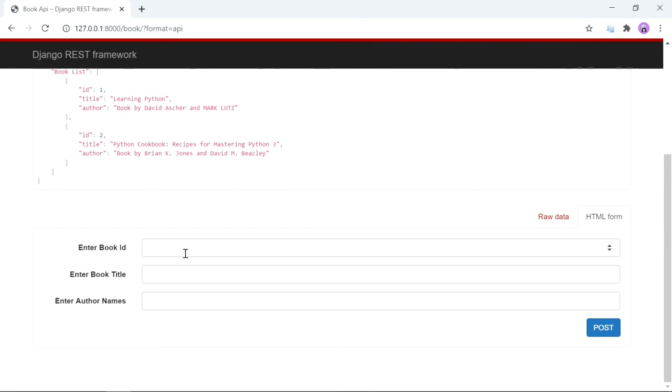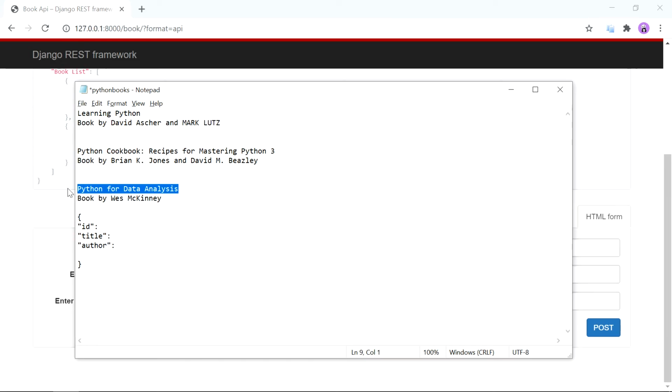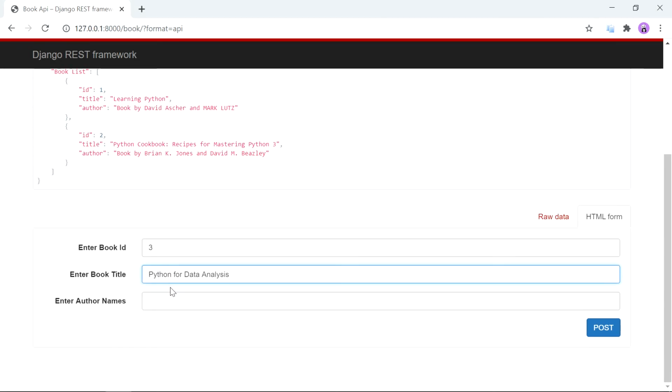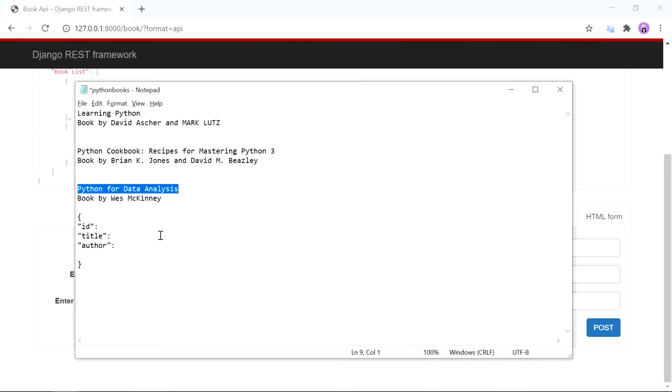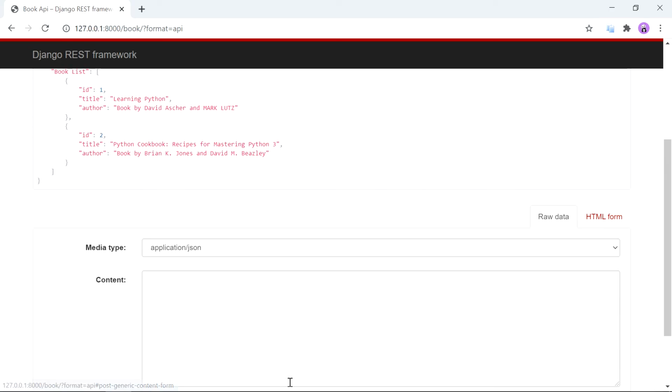So you can see we got input fields in the post. You can add only numeric values. So we'll add our third book. You still have both ways to submit the data.